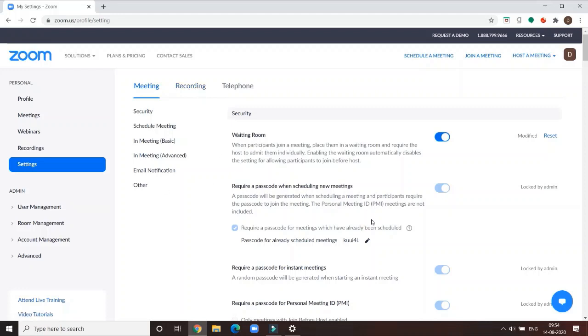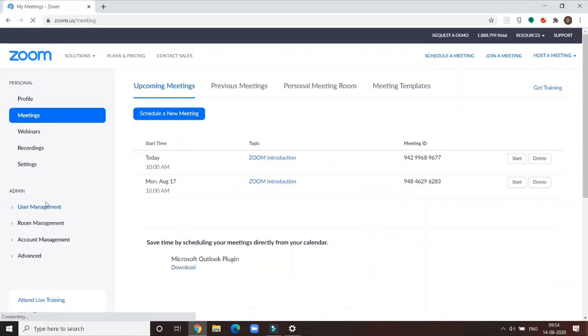Now, for example, these settings which are shown here cannot be changed. They are at the administrative end, so we cannot modify them. For certain ones, we can modify. So these are the different icons which are there in your Zoom page. Now, this is all our online Zoom page.